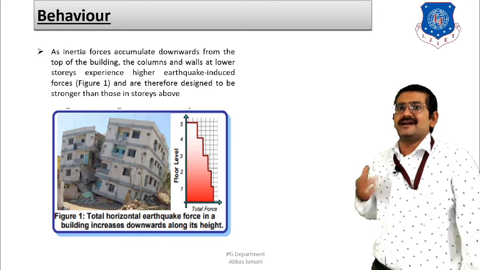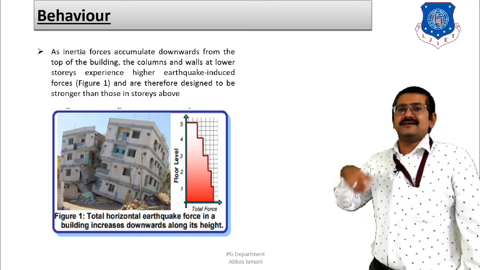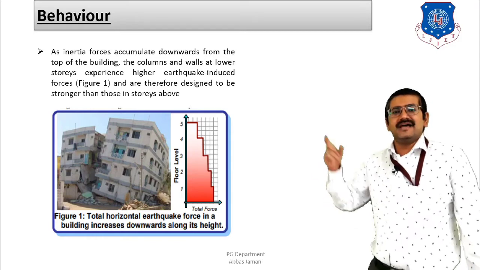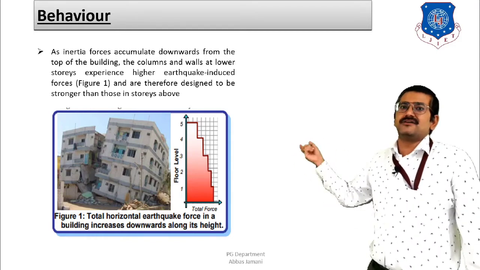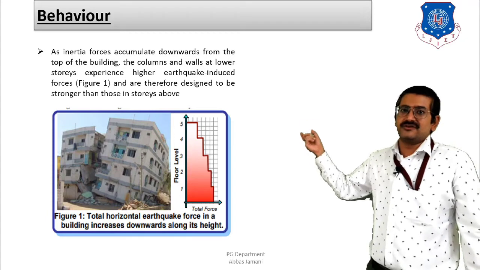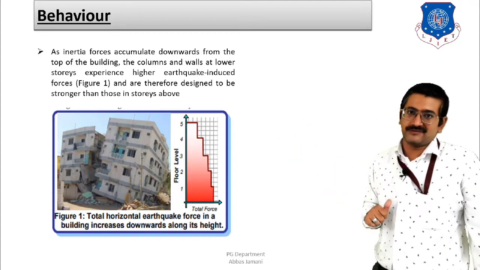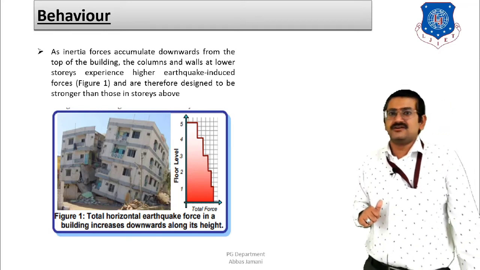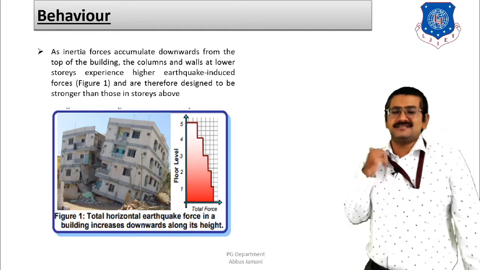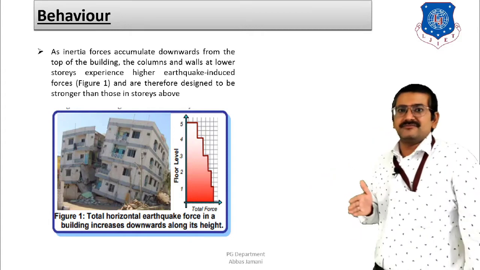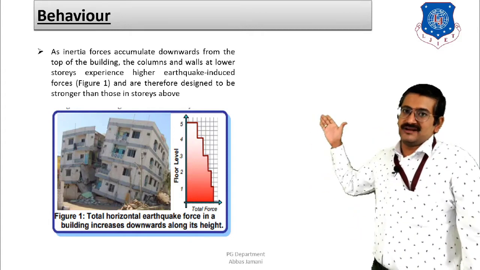Why? Because the weight is going to reduce as we go up, and as the weight is going to reduce, the seismic weight is also going to reduce, and as seismic weight is getting reduced, the base shear is also going to get reduced, and when base shear is reduced, then this particular type of graph that is shown over here is going to be observed. Right? So in case of RCC buildings, the concentration of base shear is going to be maximum at the base level, and it is going to be least at the roof level.